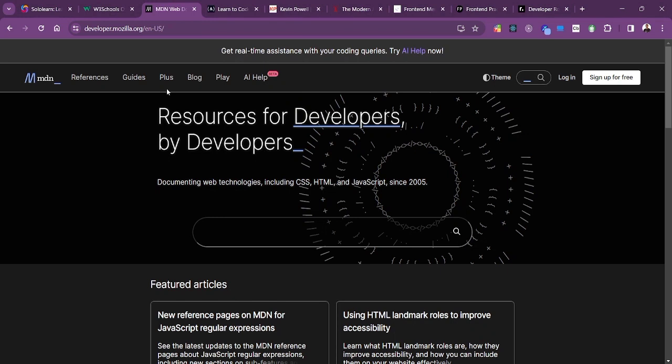Now, MDN is a site that contains core documentation, so not everyone will be able to handle this, but you can still visit it once in a while just to learn more about the tags or attributes you've learned from your HTML courses. So what I did was, after SoloLearn and W3 Schools, I glanced through the MDN docs and just learned a few things,